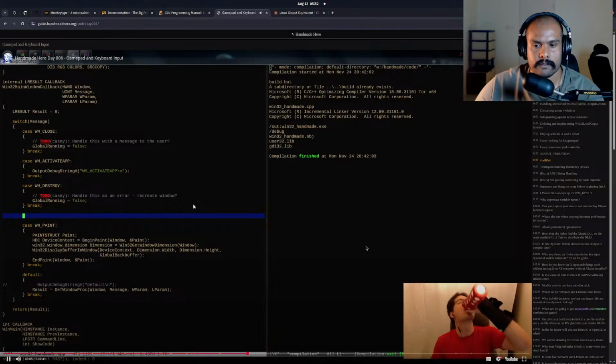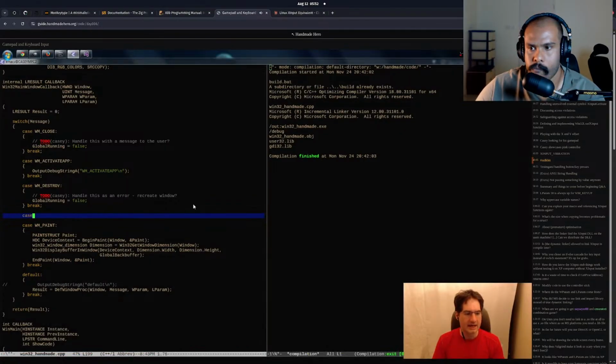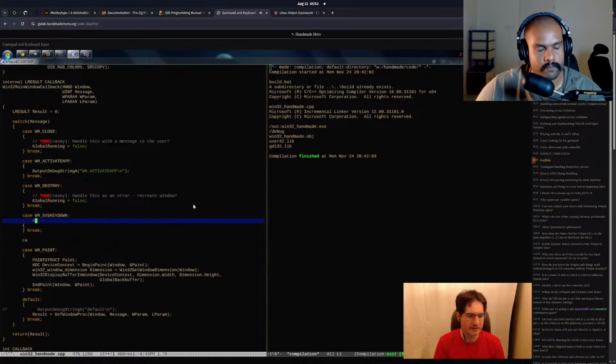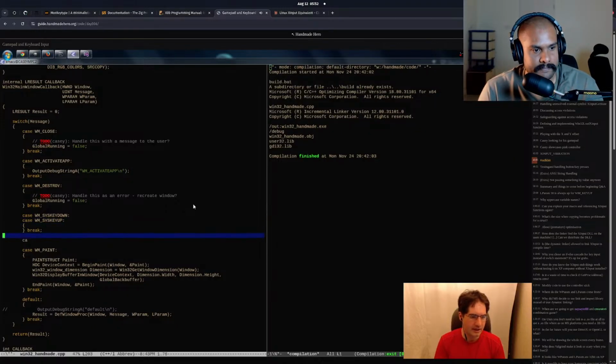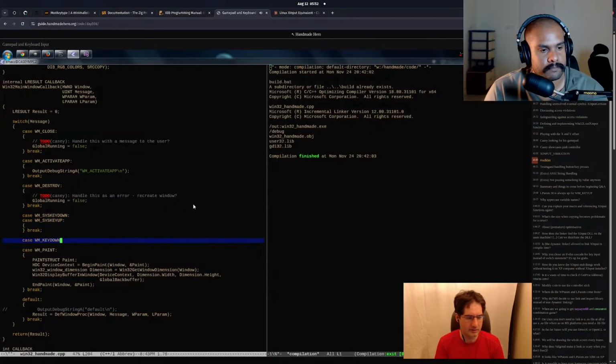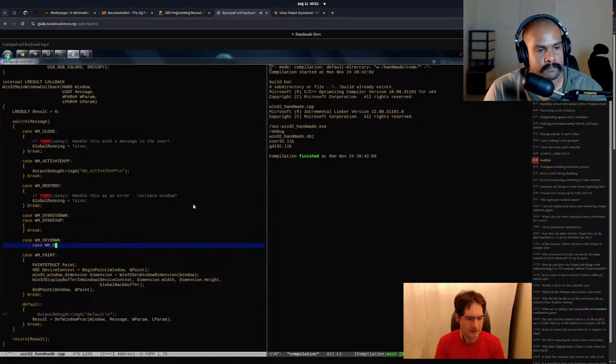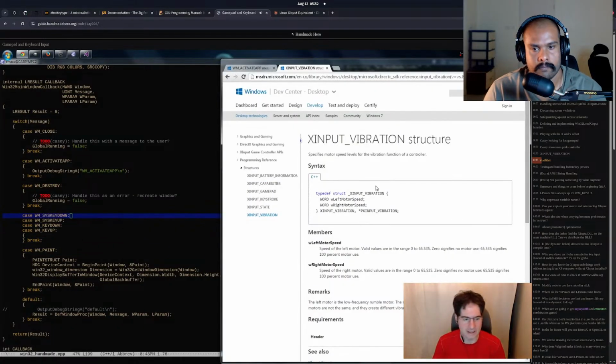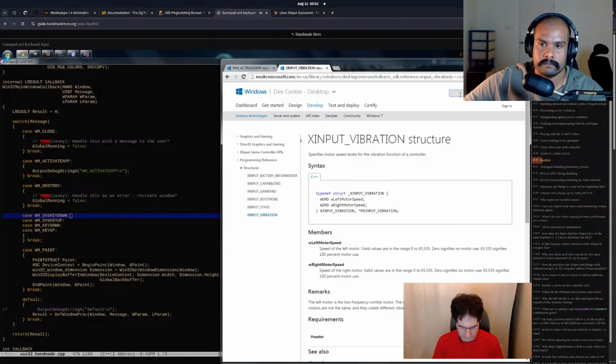Let's go to the keyboard. In the meantime, there's basically WM_SYSKEYDOWN and WM_SYSKEYUP, and there's WM_KEYDOWN and WM_KEYUP. I think that's basically it. And I'm not sure, I don't remember these at all, so we're going to look at them. I don't even get input this way anymore. Like I said, I usually use the kind